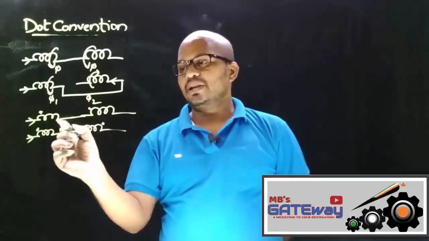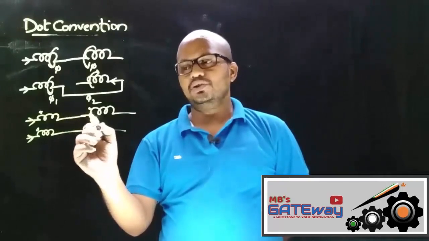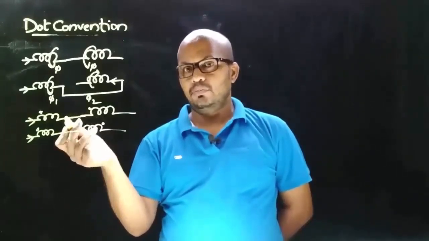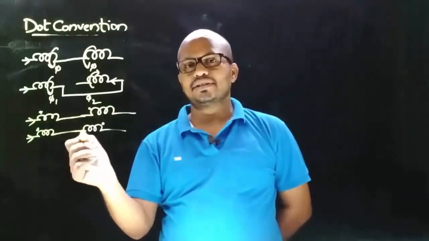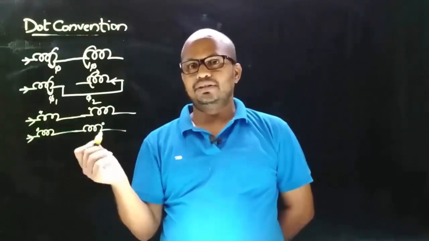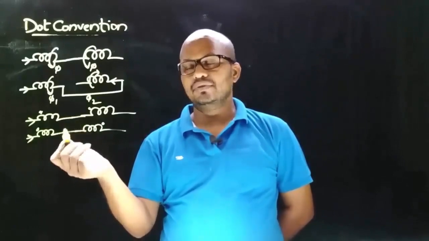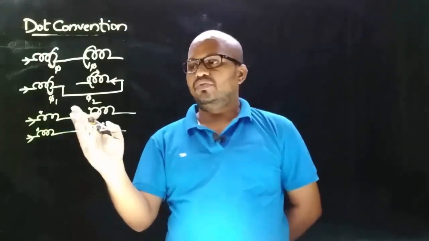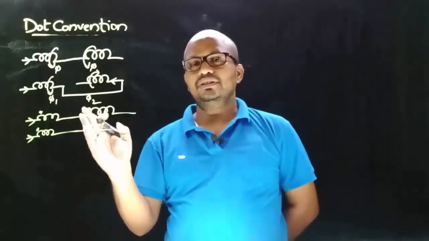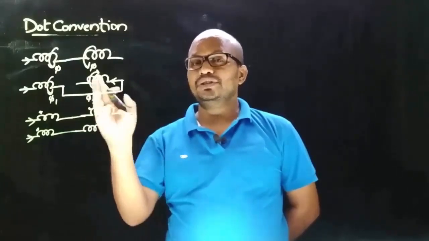That is, just by observing, if a non-dot end and a dot end are connected, it means positive polarity, and if two non-dot ends are connected, it means negative polarity, or if two dot ends are connected, in that case also we will get negative polarity. So to find the polarity of mutual induced EMF, there is no necessity of knowing the sense